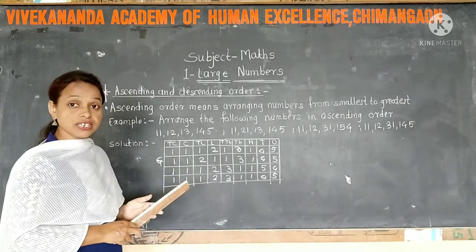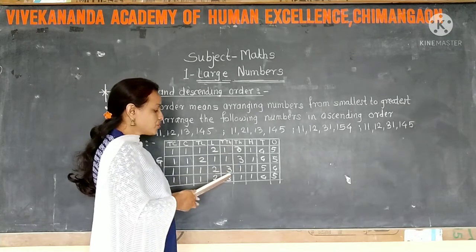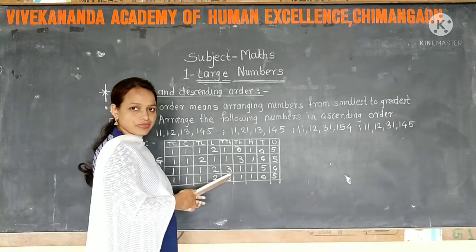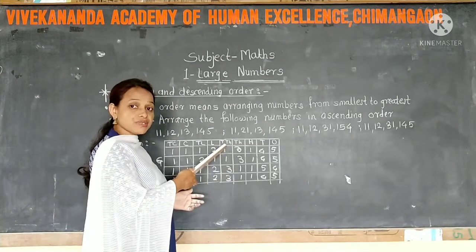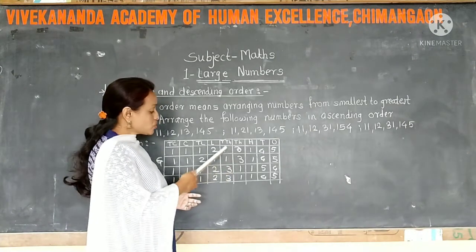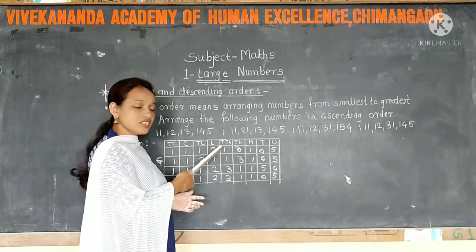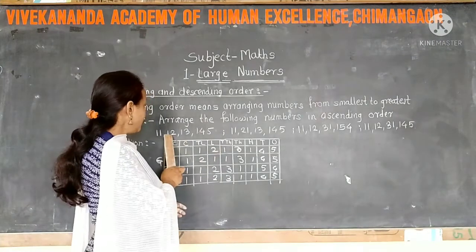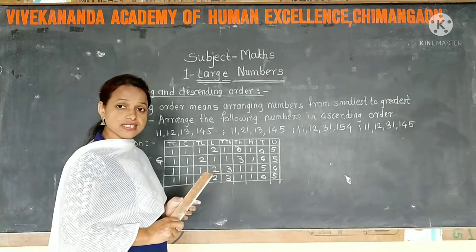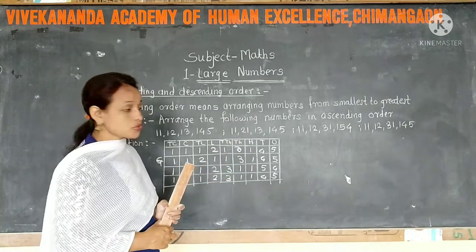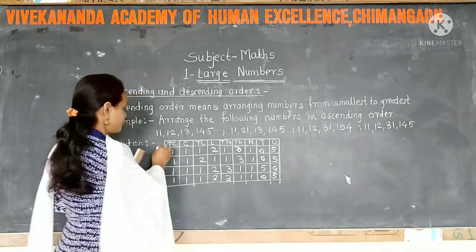So we have to check now the 10,000 place. The 10,000 digit of the first number is 1 and of the remaining 2 it is 3. So 1 is smaller than 3. So the smallest number among these 4 numbers is the first number. So here 11 crore 12 lakh 13,145 is the smallest number among these 4 numbers. So here we compared, and we got the smallest number: the first number.